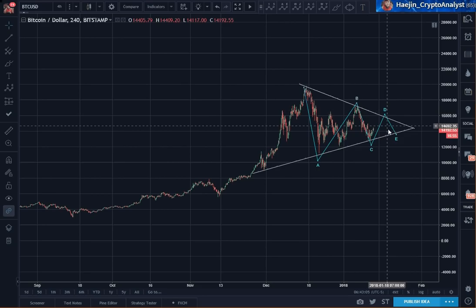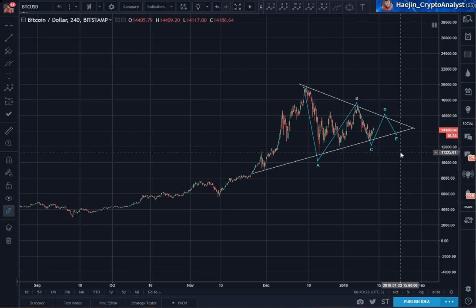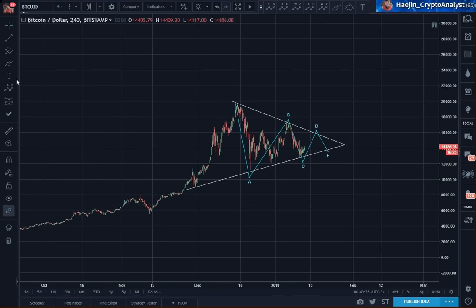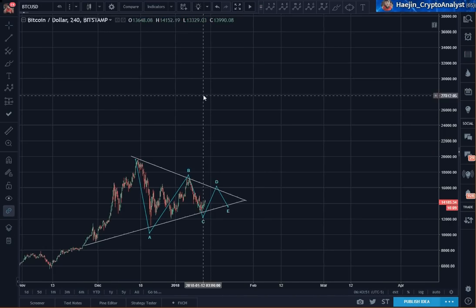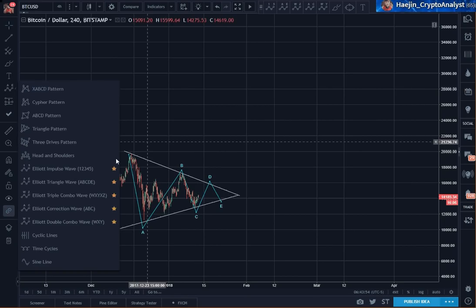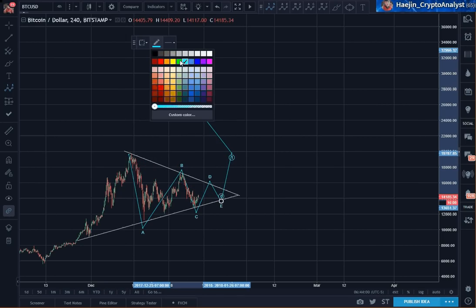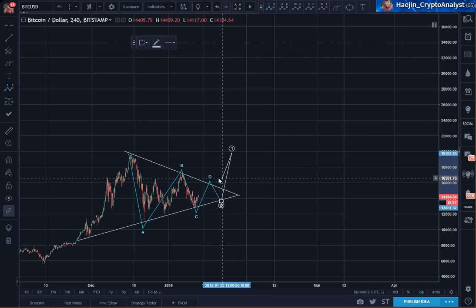And then after that, E. We need to get an E confirmation. And that E confirmation will give the completion of this pattern, but then the confirmation pattern has two stages. Completion of the pattern and then the confirmation of the pattern. Confirmation of the pattern will show an impulse set of waves, of Elliott waves,